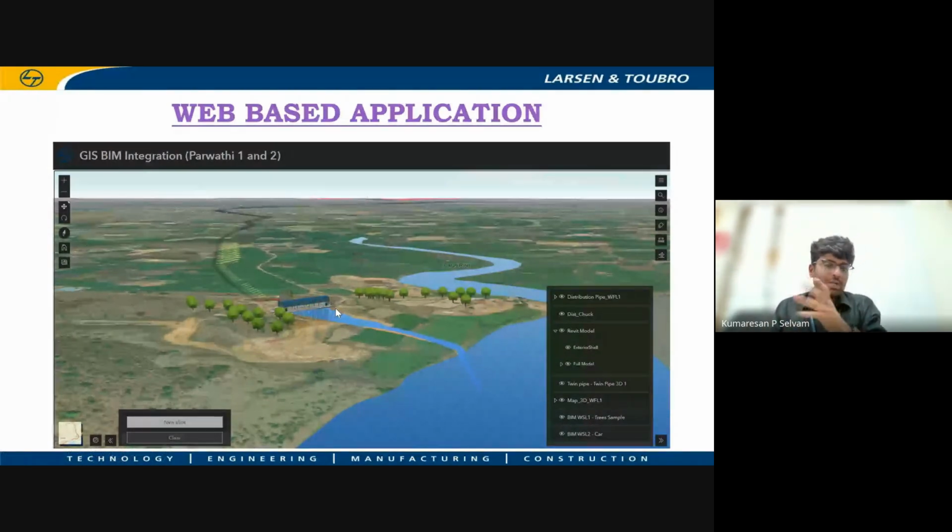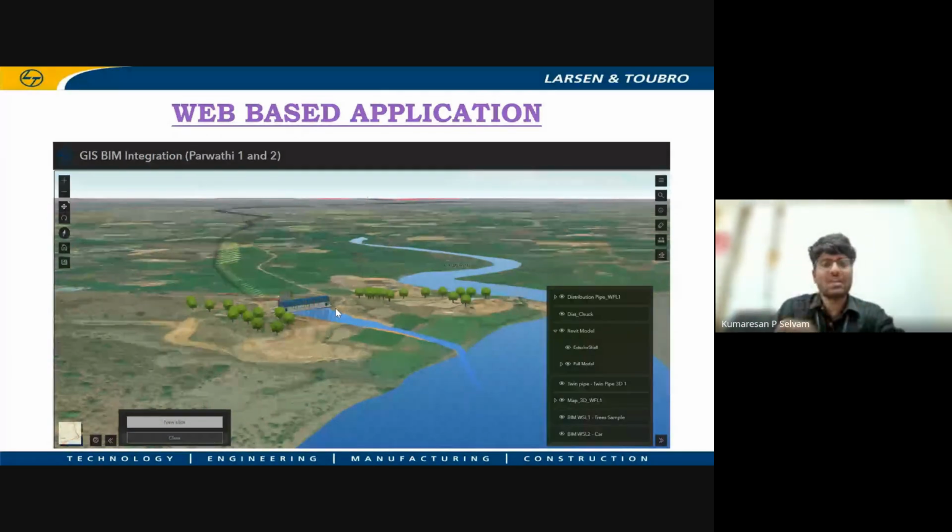Before, I told you that there was a requirement for software to open this, and even 2 GB, 4 GB RAM systems cannot open BIM-JS. Whereas when it is hosted in a web application, the main file will be located in some other server, and it will be showing you only the output, so that all the processing will be taking place in the server location only.